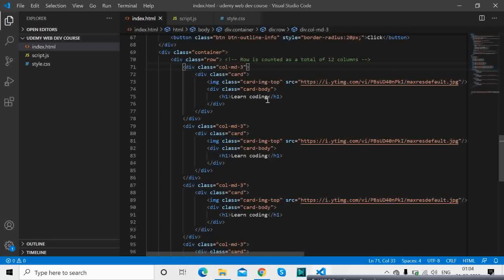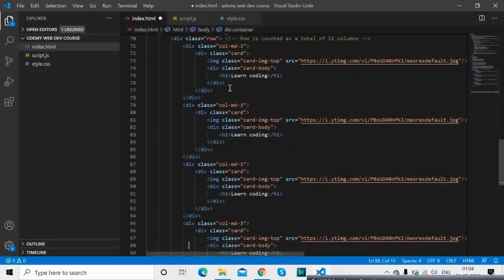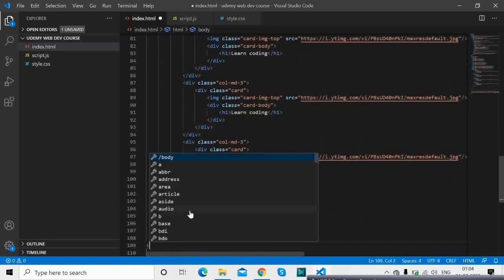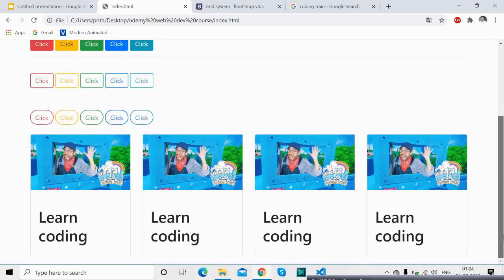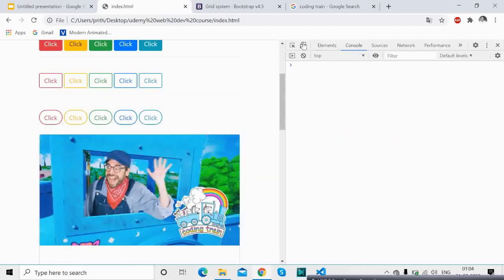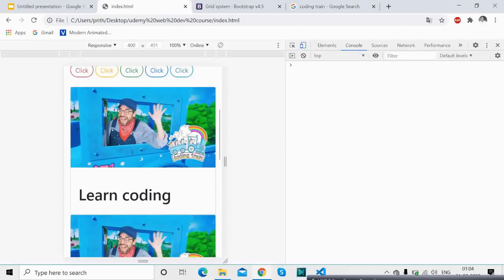Now the thing is, you will notice something. I will just show you, but before that let's give it a little break over here and at the bottom. Okay, so basically now there is a little bit of break. So now if I go in a mobile mode, you see there is no gap.